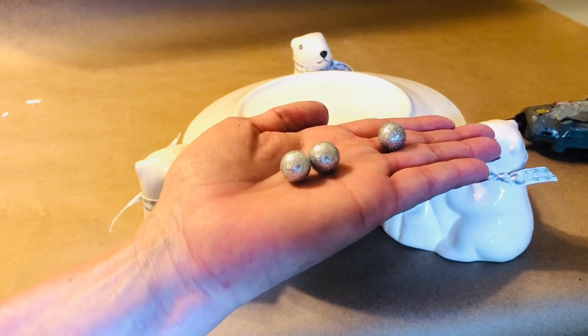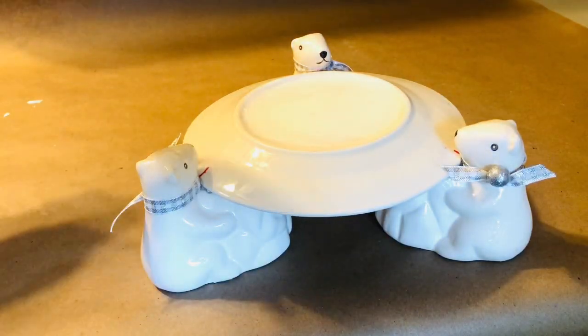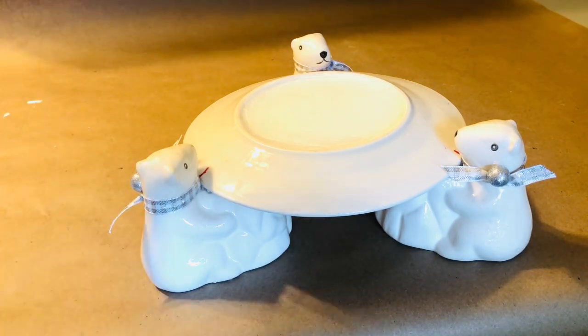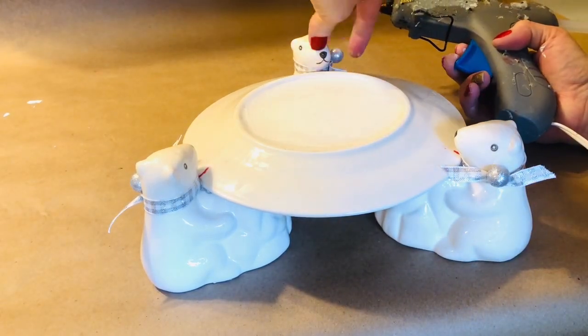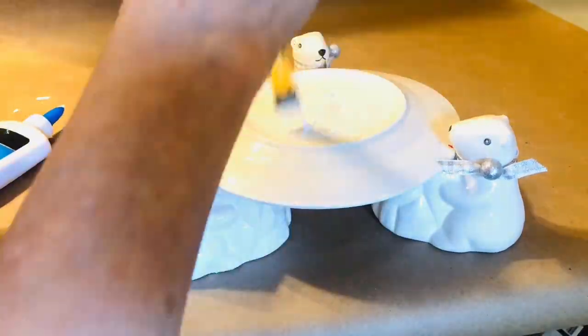Next, to hide the writing on the bottom of that plate, I just painted it with white chalk paint. And next, I'm going to embellish these polar bears with some scatter from Dollar Tree. All these embellishments that I'm adding are totally a matter of taste. This project really costs only $4, but I am zhuzhing it up just a little bit by adding some glitter